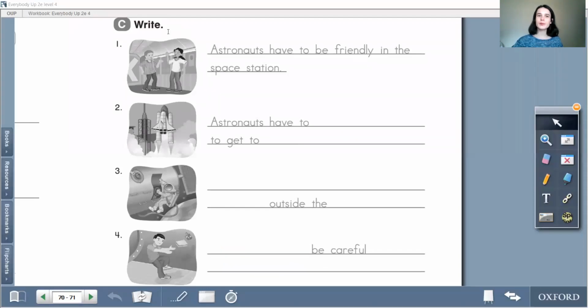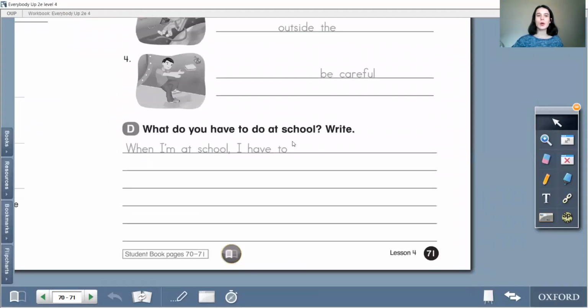Let's go. Okay. What do you have to do at school? Write it. So, imagine, close your eyes, okay? Think about it. What do you have to do at school? For example, when I'm at school, I have to